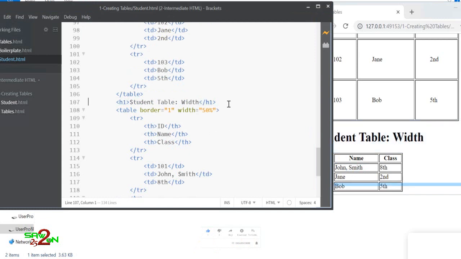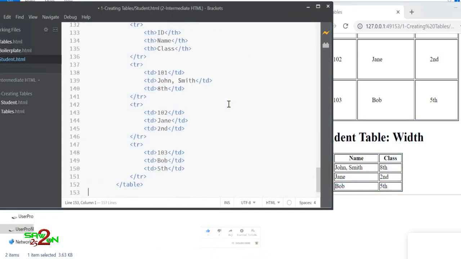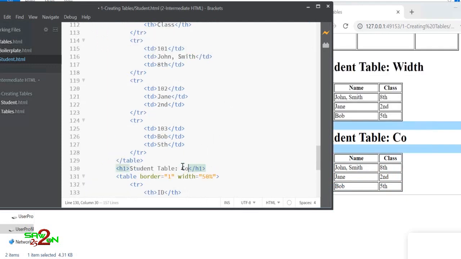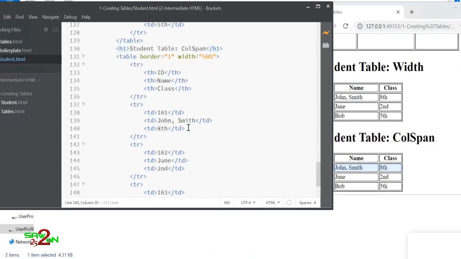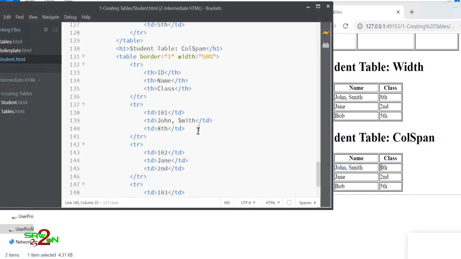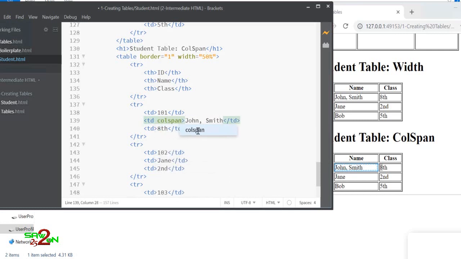Next is column span. Let's look at column span. That's one more attribute of a table. Column span is nothing but adding columns together. Let's say you want to add these 2 columns together, you don't want to have this line. You can do that by specifying any of the columns and saying the column span is 2, which means you occupy the 2 columns.